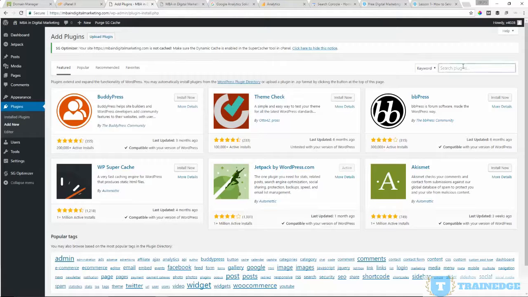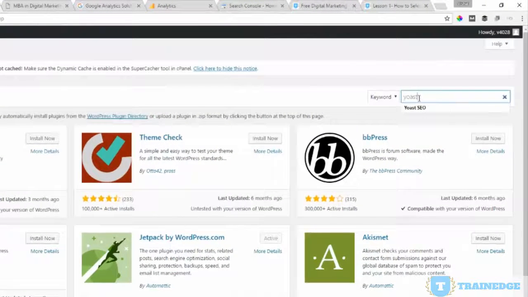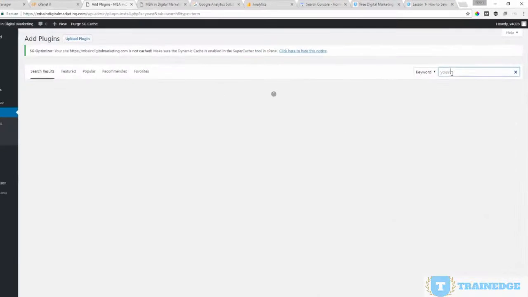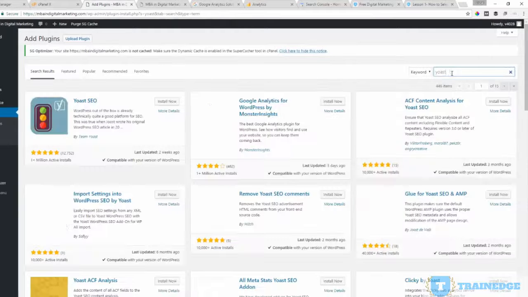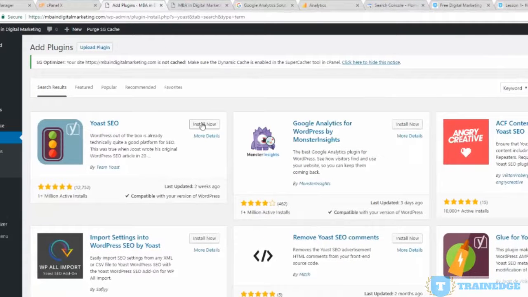There are also paid plugins. So if you want, for example, a payment gateway plugin, it might be paid and you will have to purchase. And then if you purchase, you'll probably use this upload plugin option to upload it. The first one that I want to install is called Yoast SEO plugin that allows you to control the SEO or on-page SEO of your site. It's a very popular tool. You can see there are 12,000 5-star reviews for it. It's the most popular SEO plugin for WordPress, so we'll install that.